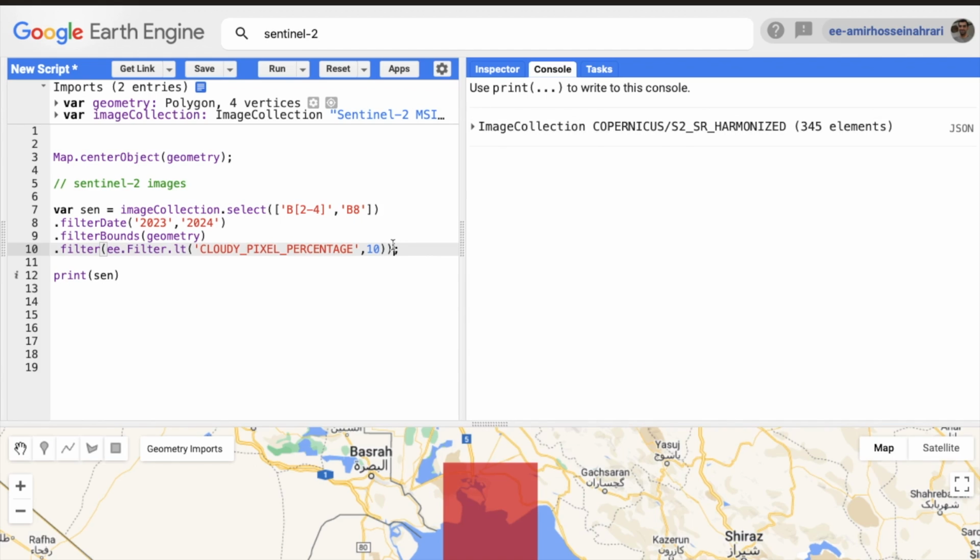So now in the next step, to get an average it would be better to use the median function instead of mean or average, because when you use the average, the extreme values will have impact on the final estimations, but using the median, the extreme values coming from shadow or cloud less affect the final results. And now we will have one median image, one average image based on median function, that you can visualize